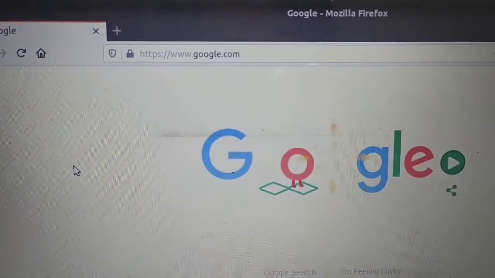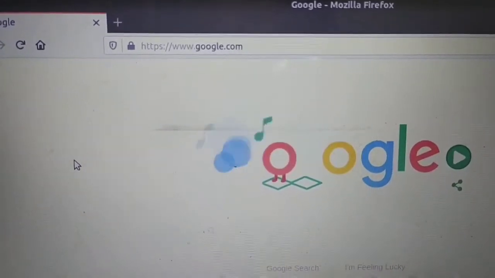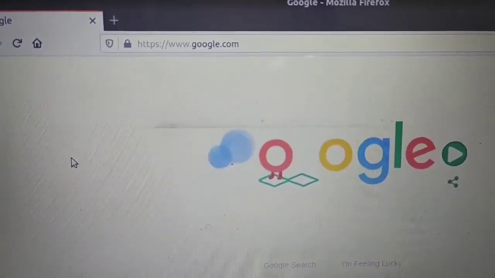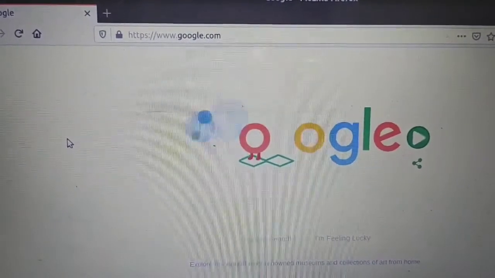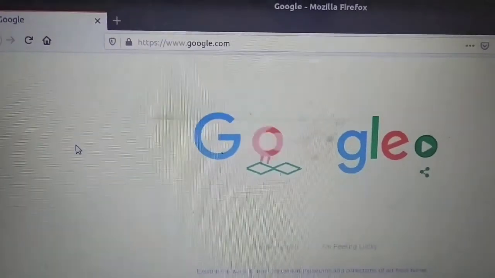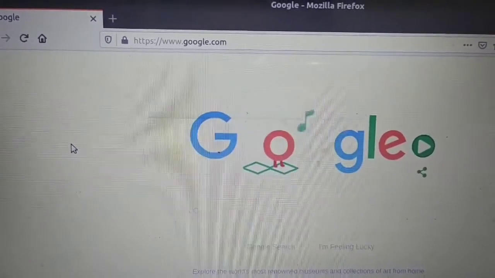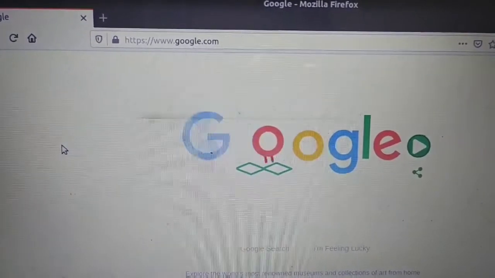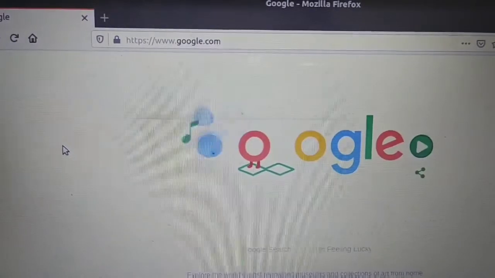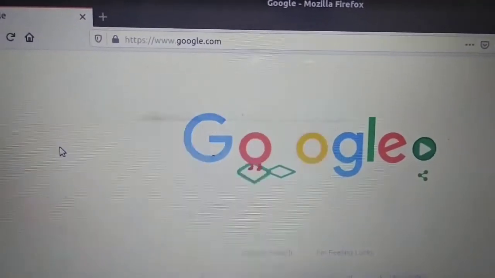But if you are hosting your website on Blogger, or if you are using Blogger for your website, then Blogger by default provides the HTTPS service. You just have to make some small changes. In this video, we'll see how to convert your HTTP website into an HTTPS website.